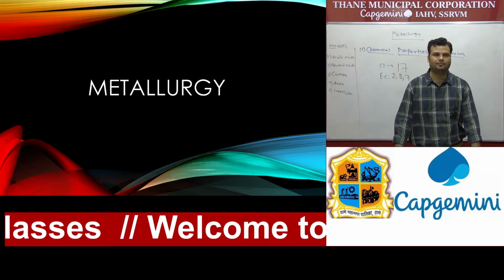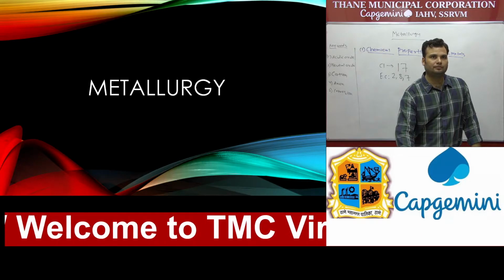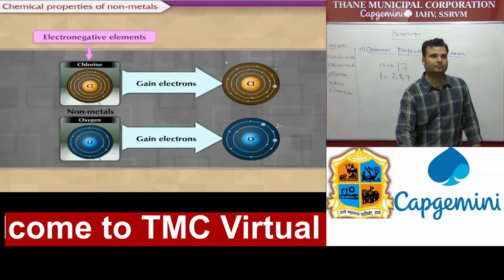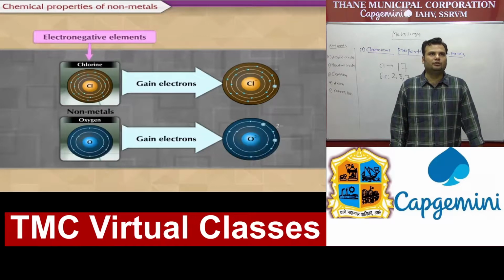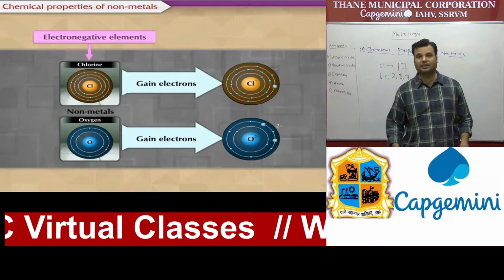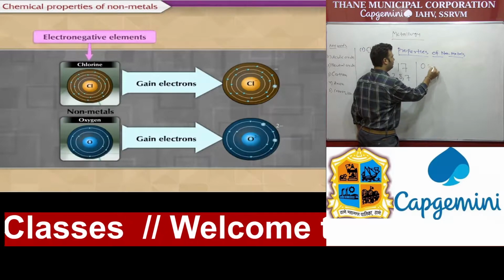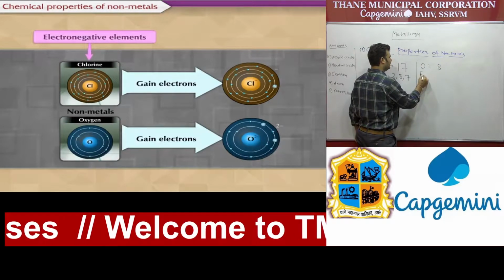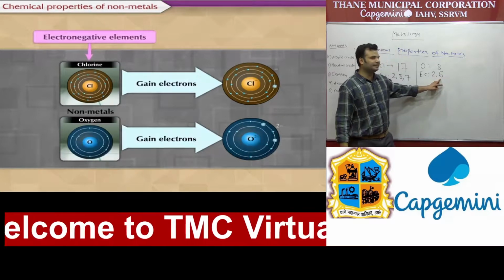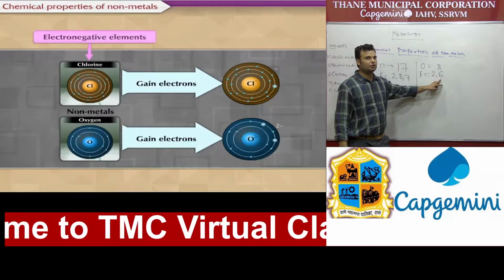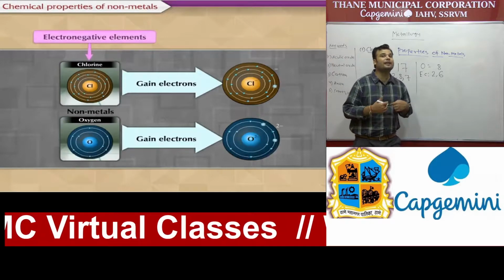that is called electronegative elements. So you can see in the slide also, student, take one example like chlorine. They gain electrons. Some other examples are given, like oxygen. The atomic number of oxygen, that is O, is 8. Do the electronic configuration: 2 and 6. So now you can see their outermost shell contains 6 electrons and they require 2 electrons to complete their octet. So that time it is called non-metal. So that's why it is called electronegative elements.